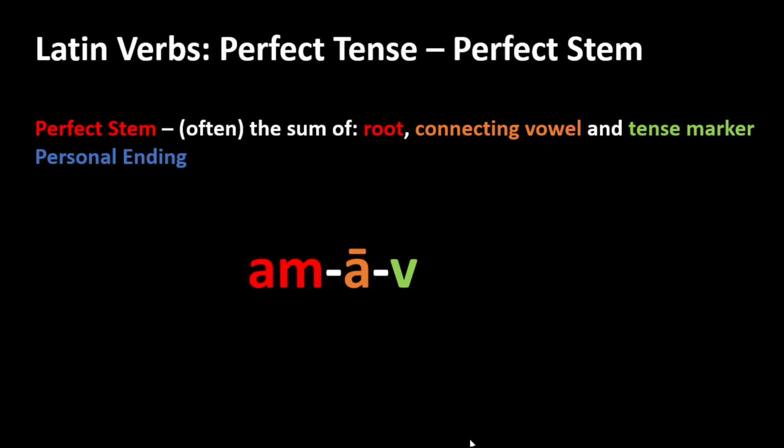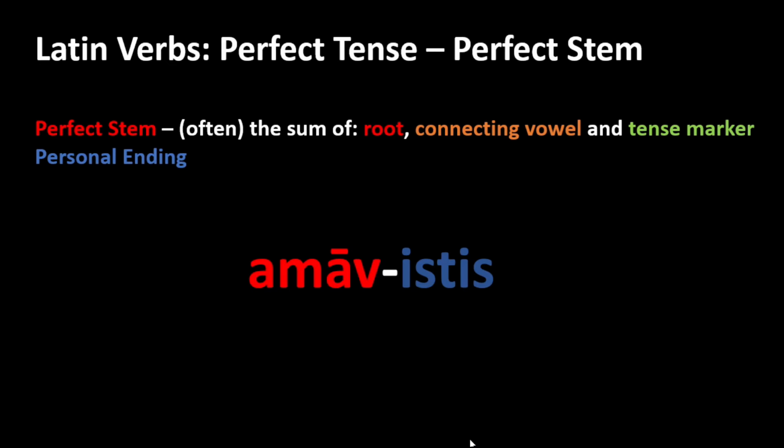You put it all together and you have amav. And so you have the perfect stem, which in this class of verbs is the sum of the root, the connecting vowel, and the tense marker. Here is the perfect stem plus the personal ending: amav, the perfect stem, istis being the personal ending,